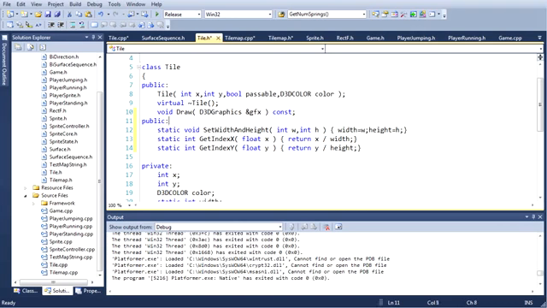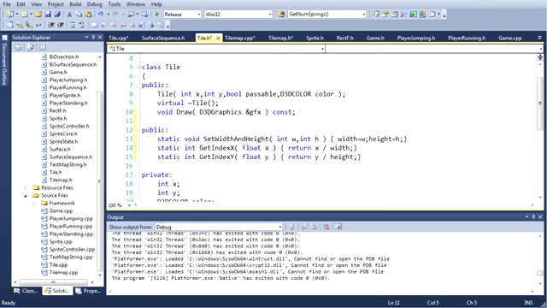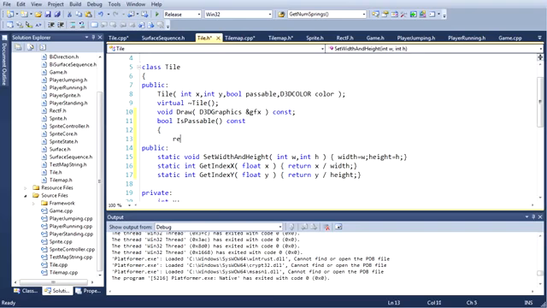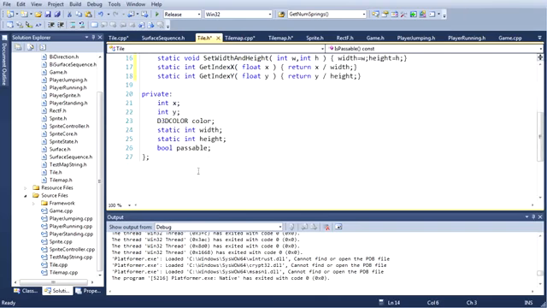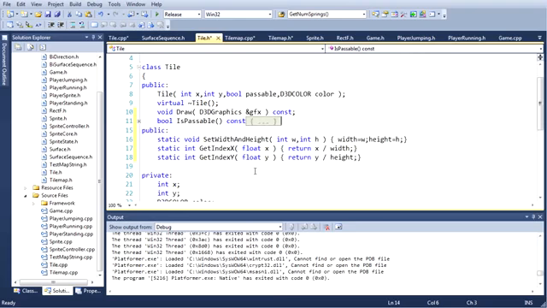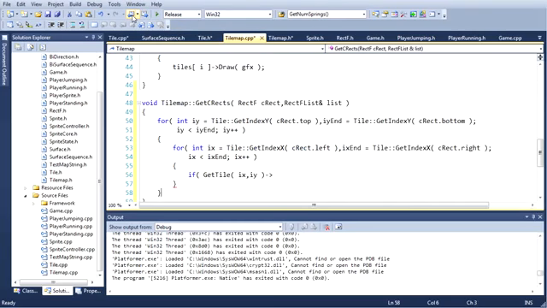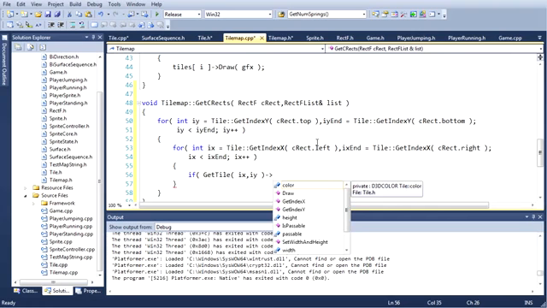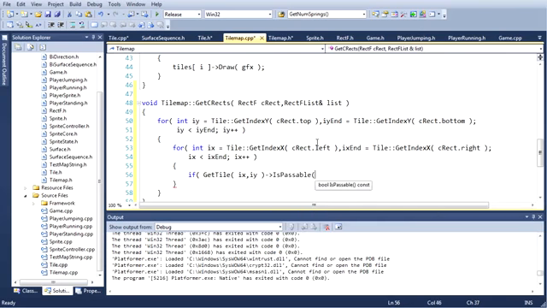I'm just gonna make another public section here just to separate these two. These are the statics, these are the non-statics. Okay, we need bool is passable, const, return passable. Wait, is passable? Yeah, passable. Okay. Let's go back. There you go. So if get tile at ix iy is passable,